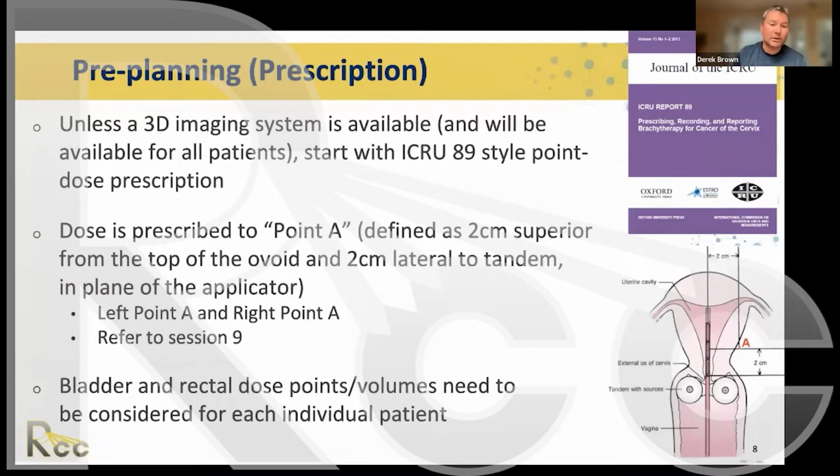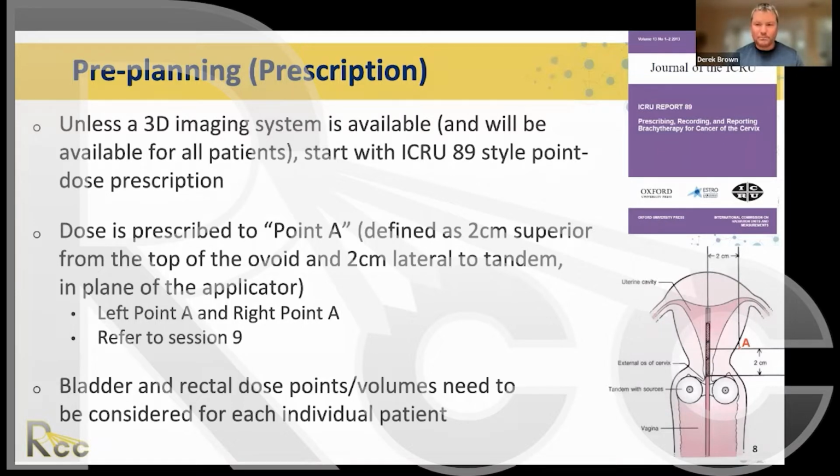And we decided a long time ago, if we prescribe 100% of our isodose line to that point A for 95% of our patients, that's going to cover the cervix, right? We can't see it, so we're kind of treating blind, and this is the best that we can do. What we do nowadays, if possible, if we have three-dimensional imaging available, either CT or MRI or both,